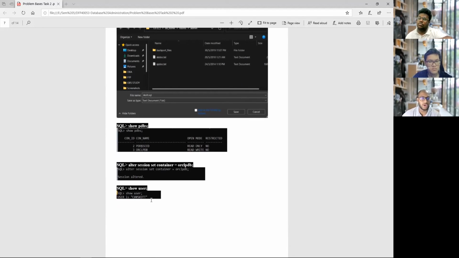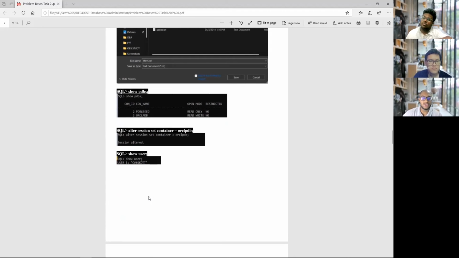So we are going to see PDB seed is on read only, and ORCL PDB is in read write. And after it, alter session set container equal to ORCL PDB. So it shows session altered. And after it, show user. So it shows that we are in the user of SCOTT,